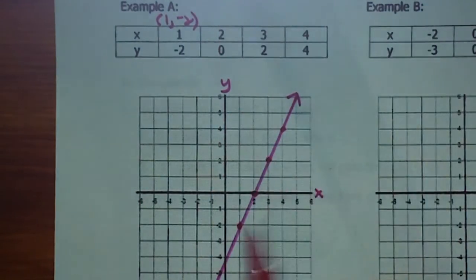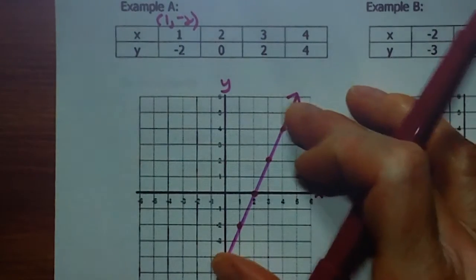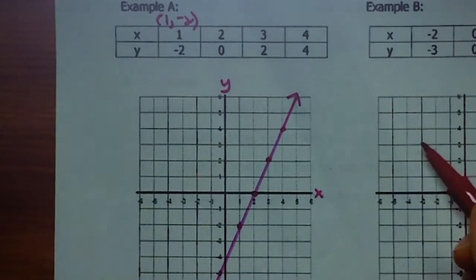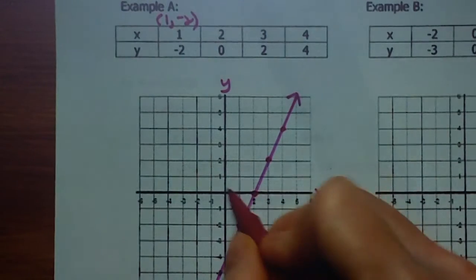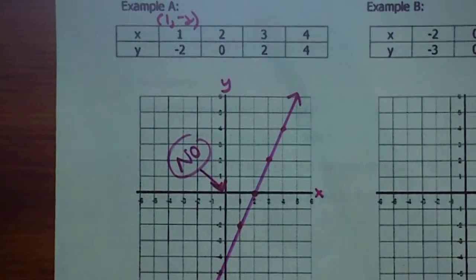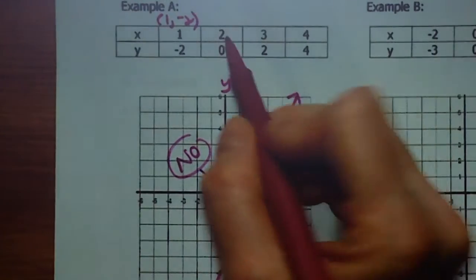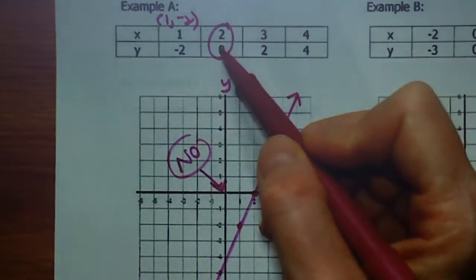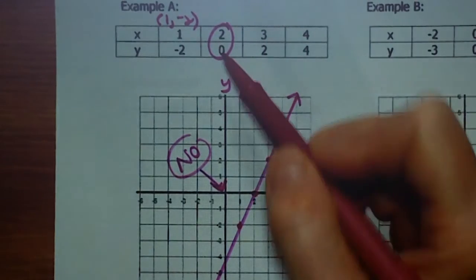It says that it's going to pass through the origin. Is there any way that this line can stay straight and somehow ricochet back up here to touch 0, 0? No. So because it doesn't touch the origin here, it's a no. And honestly, you could have identified that beforehand, because in looking at the table, see how it says 2, 0? That means that there's no way 0, 0 is going to be on here if the 0 is already taken